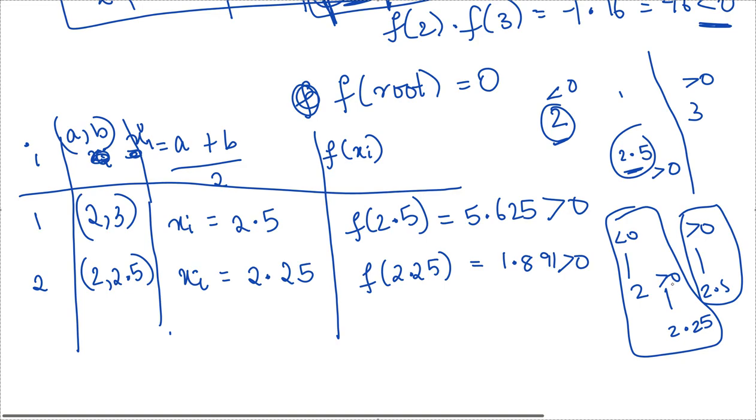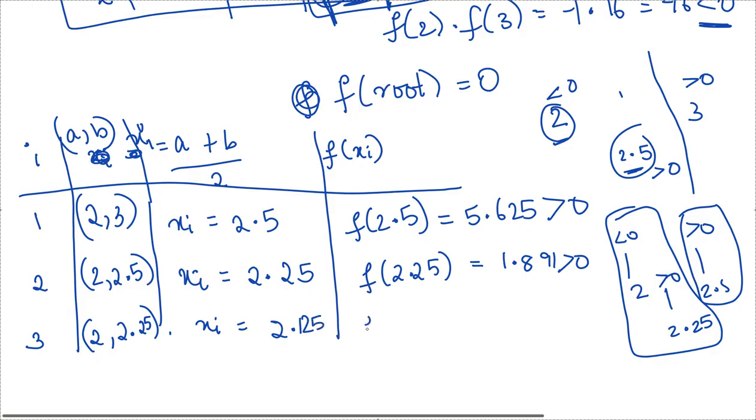One should be less than 0, the other should be greater than 0. So our third step would be between 2 and 2.25. Okay. So what is xi? 2 plus 2.25 divided by 2 will be